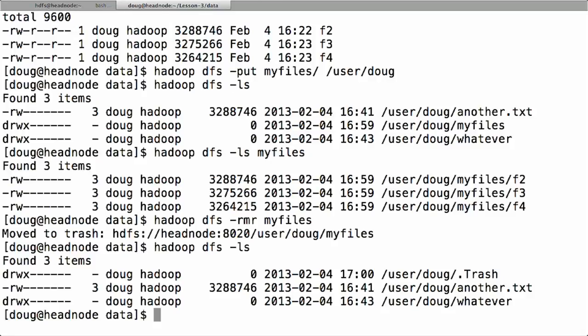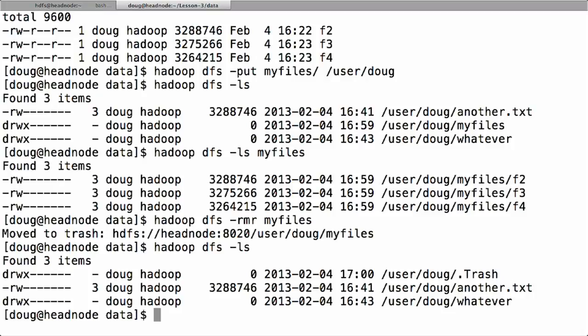So as you can see here, when I did an ls after I deleted something, it put it into trash. So I can always undelete or bring it out of trash should I want. Of course, if I delete .trash, then it's gone. So the advantage is that in case I decide I want something back and really don't want to delete it, it still stays there. The need for trash, actually, if you think about it: if you've moved very large files into HDFS and you inadvertently delete one or a bunch of them, it's kind of nice that it keeps them around in case you